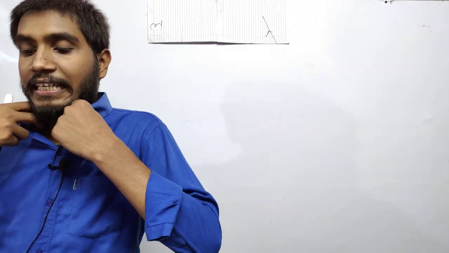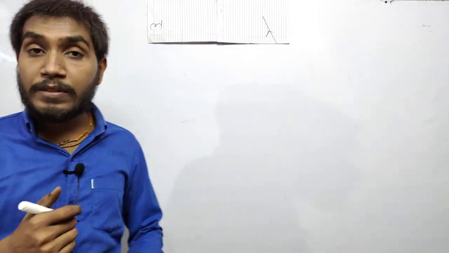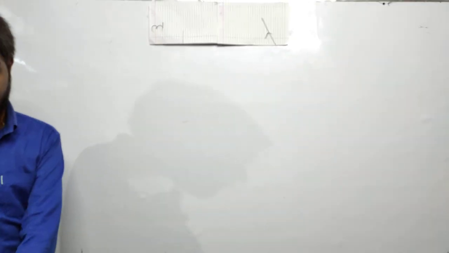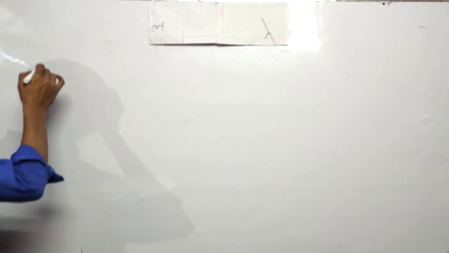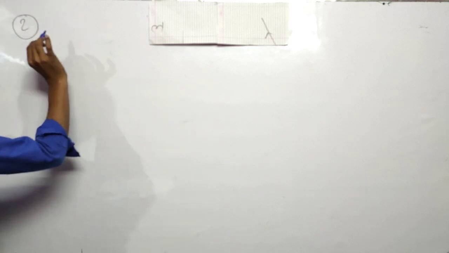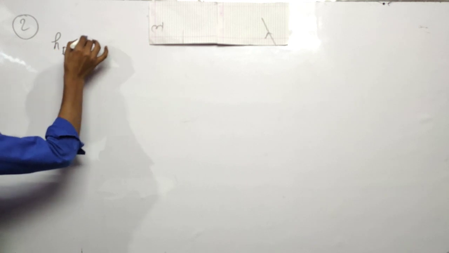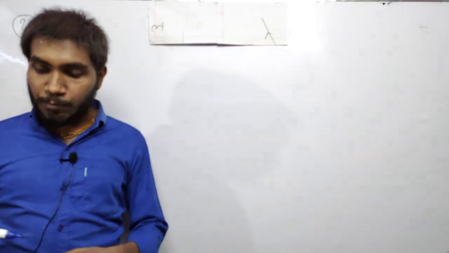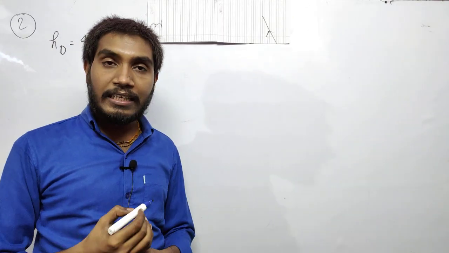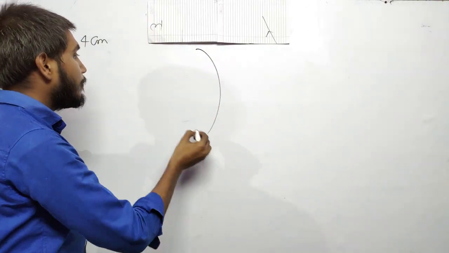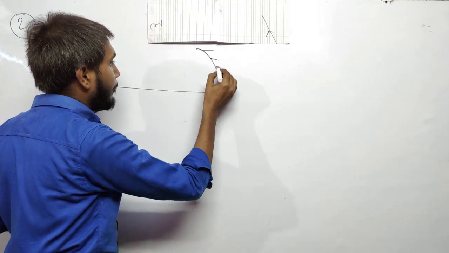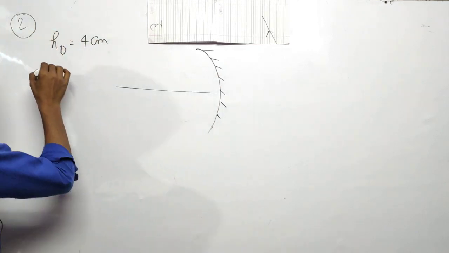The next question: an object 4 centimeter in height, so HO is equal to 4 centimeter, is placed at 15 centimeter in front of a concave mirror. Concave mirror के front में 15 centimeter पर,